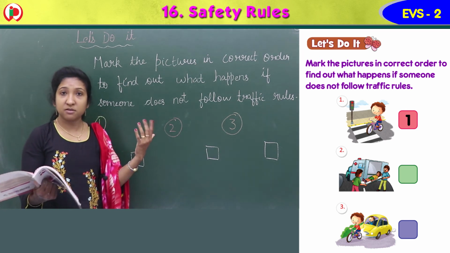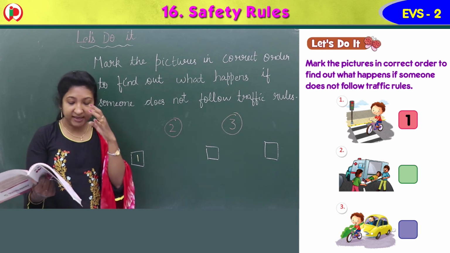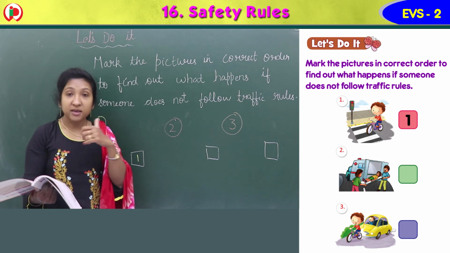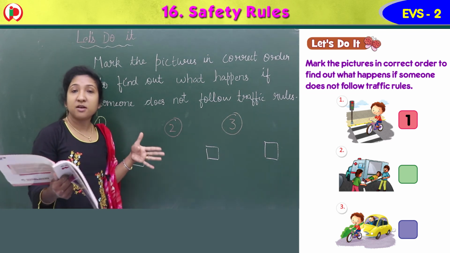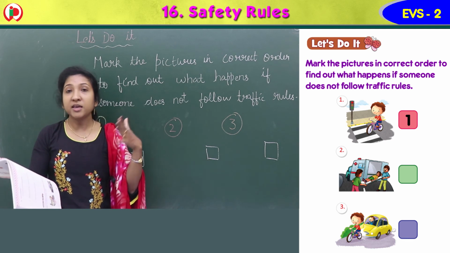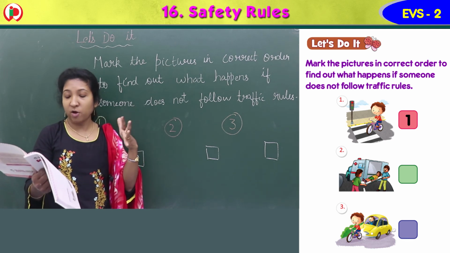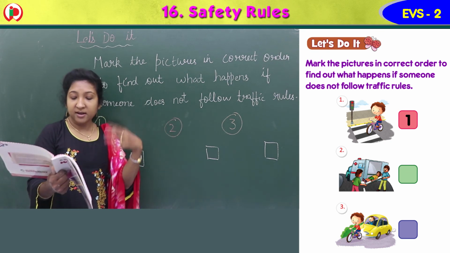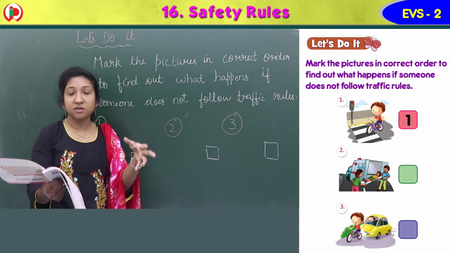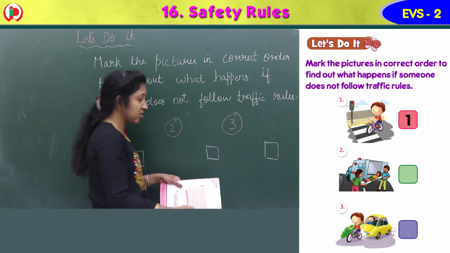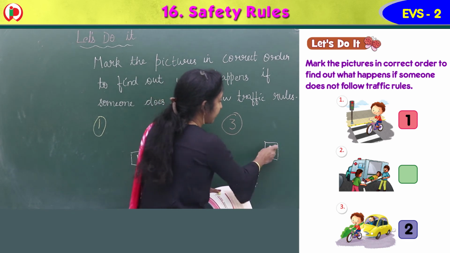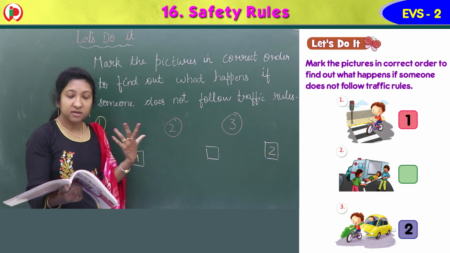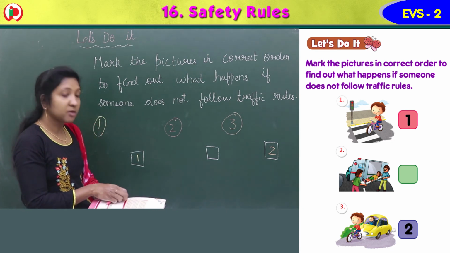So, okay, the child is passing through the zebra crossing on the cycle. So then afterwards what happened? Yes, instead of riding the cycle at the side, he was on the road in front of a car. He's not giving side to the car, he's riding in front of the car, isn't it? So that is the second picture. Third one will become the second picture. So what happened? Accident happened, and the child has been taken to the hospital.